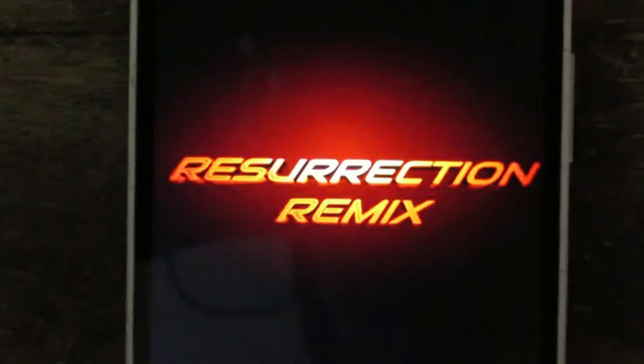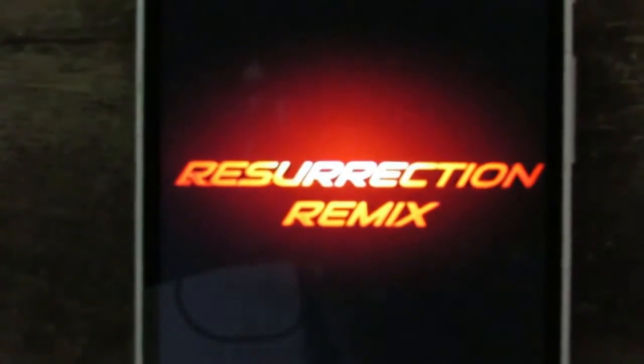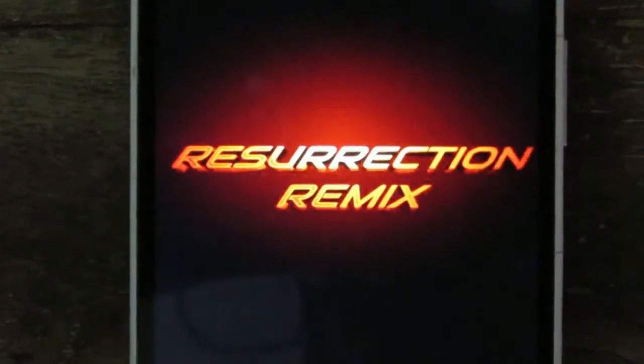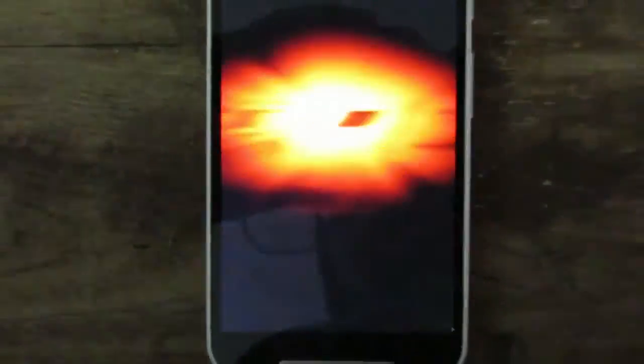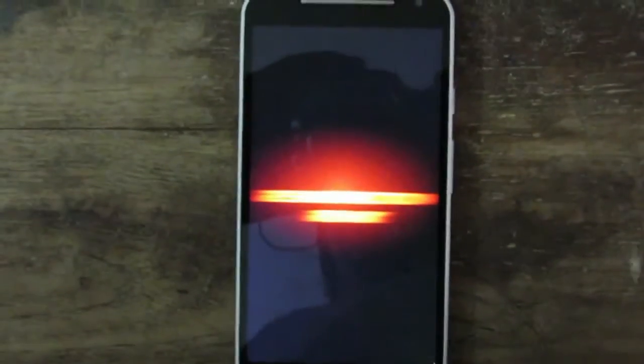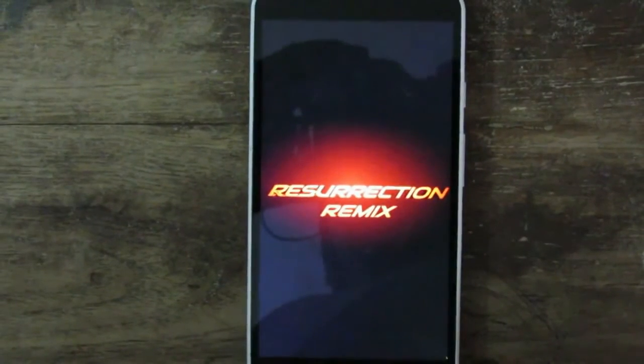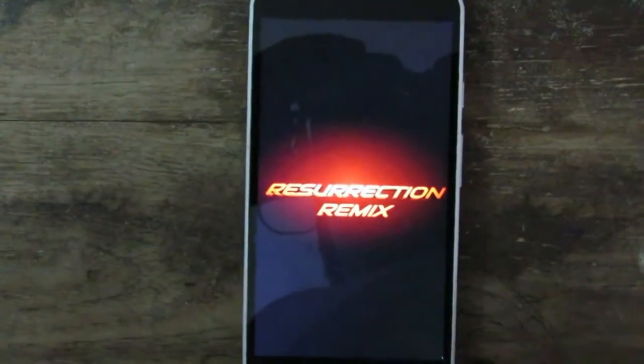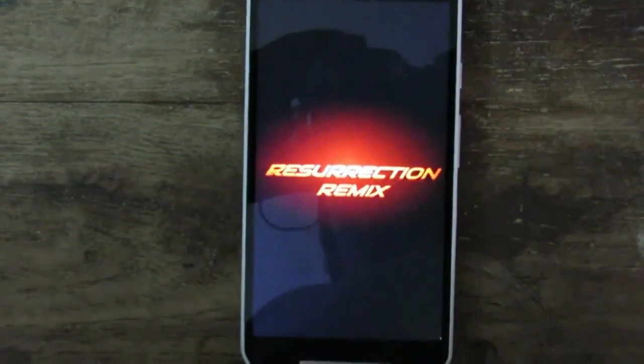This time it will reboot successfully. Sometimes it happens that you will be stuck in boot loop for the first time. For that you need to wipe cache, Dalvik cache and data and reboot your system back, and it will be fine then.